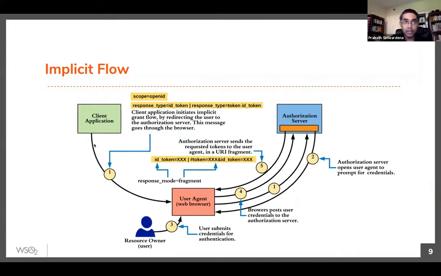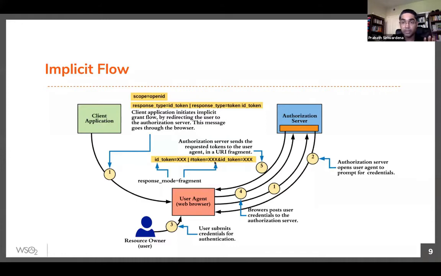So that state attribute will also go in number one arrow to the authorization server. At the same time, the client application will also inject that state value to the browser session, right? Now, the authorization server will do all the authentication and respond back with the token to the client application, no ID token.